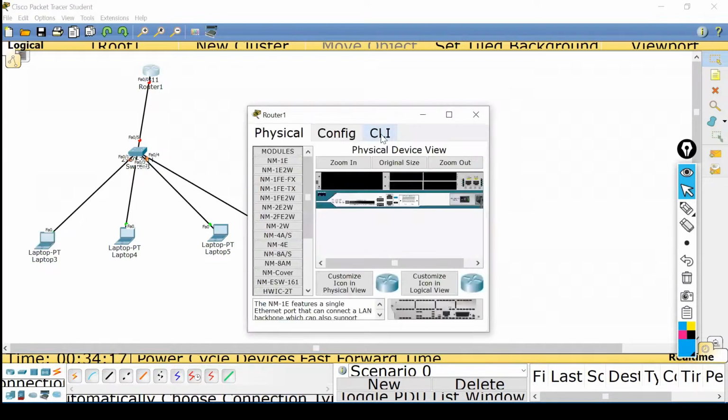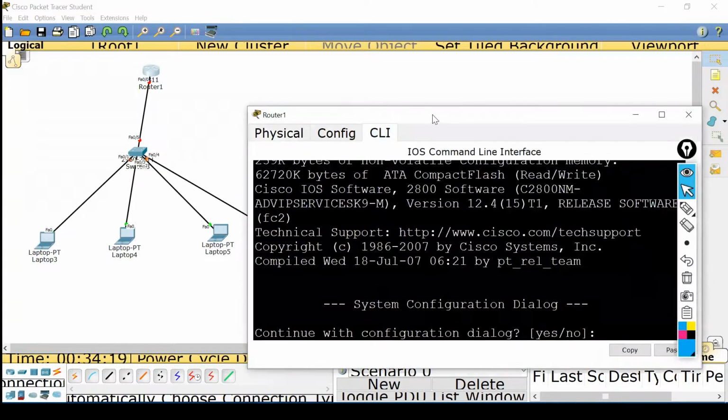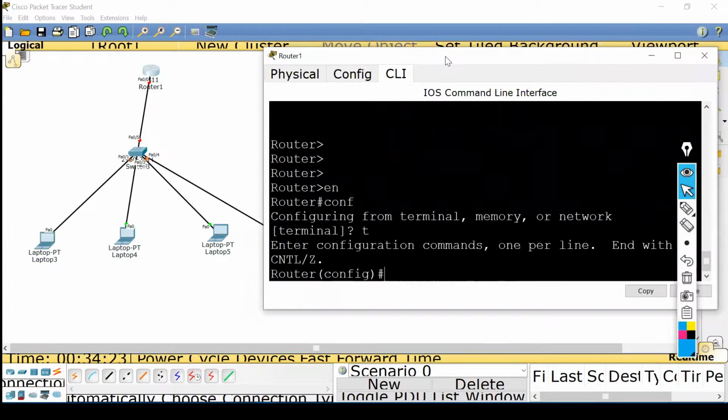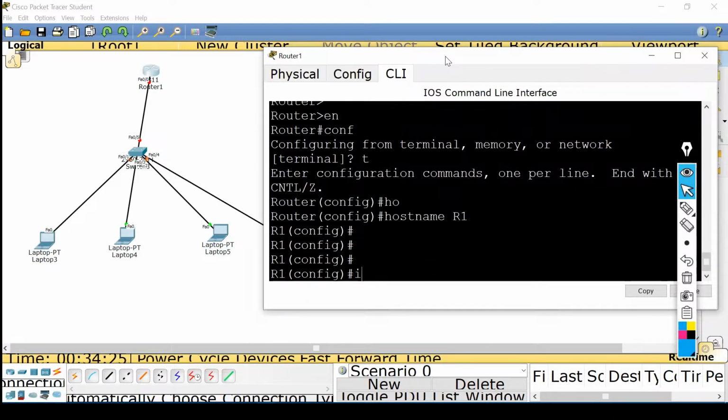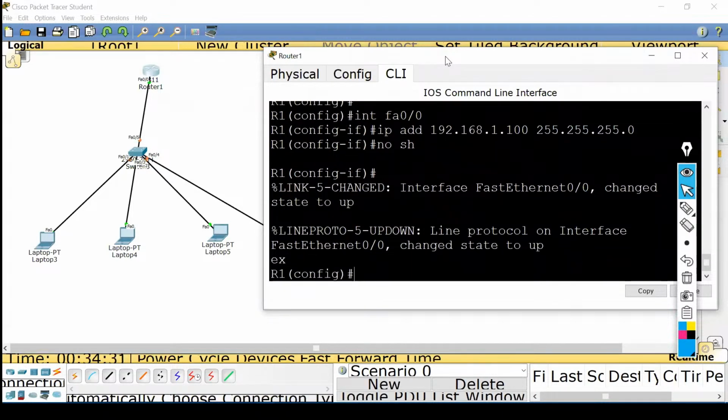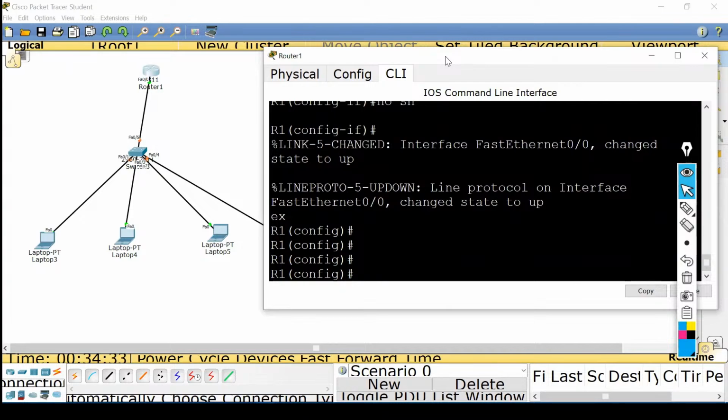Let's go on the router. Enable, configure terminal. Hostname will be R1. Interface 0/0, IP address will be 192.168.1.100/24. No shutdown. Then the basic IP I did there.